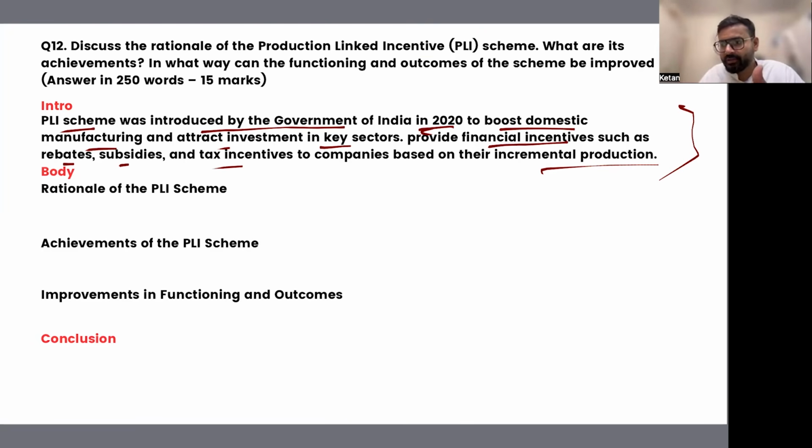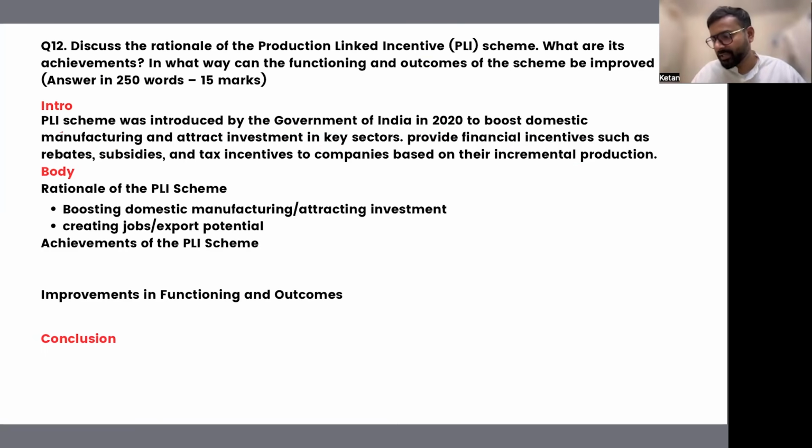Now in the body, of course, you want to one by one satisfy the different demands of the question. So you can give subheadings. What is the rationale of the PLI scheme? Of course, the rationale of the PLI scheme is that by giving incentives, it will lead to a boost in domestic manufacturing,